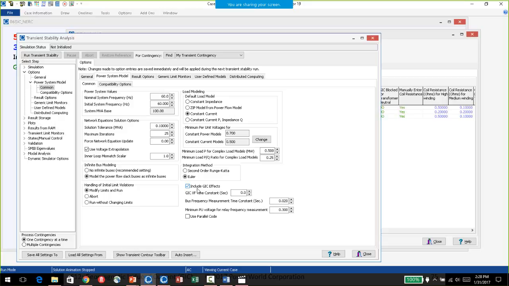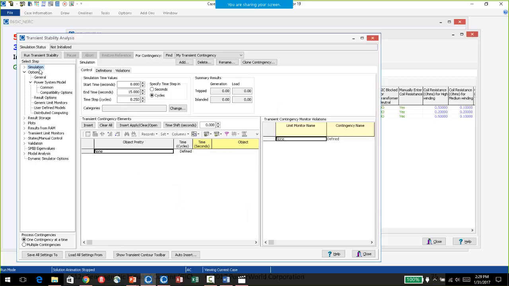This is a small case, so we can actually do a transient stability simulation fairly quickly. You just need to make sure that you include the GIC effects. Typically, if you're analyzing a GIC, you wouldn't have any fault events that you would also throw in on top of it.